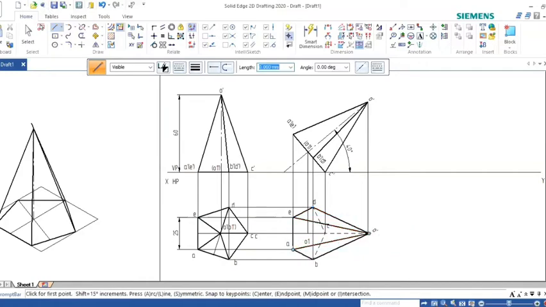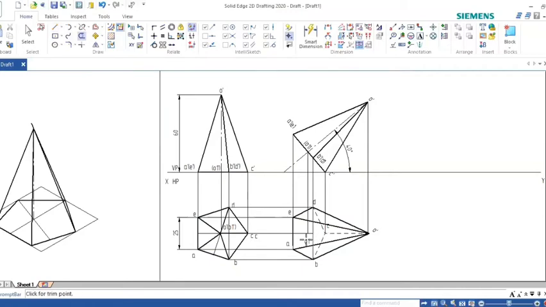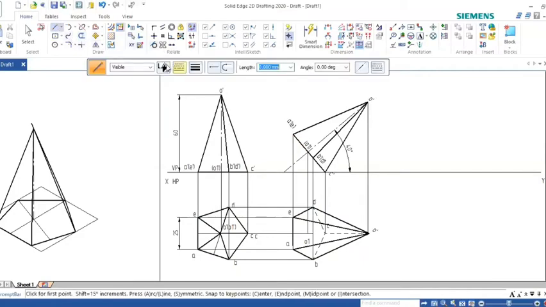Make a dot. Now you have constructed it, and one more important thing, you can trim this portion because it will not be visible. It will be the axis line. Now we can draw from here to here. Go to center line. From here, O1 to O, we can make it an axis line. Now you have drawn the top view in the second position.